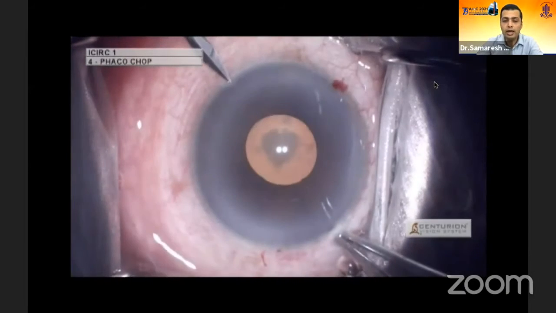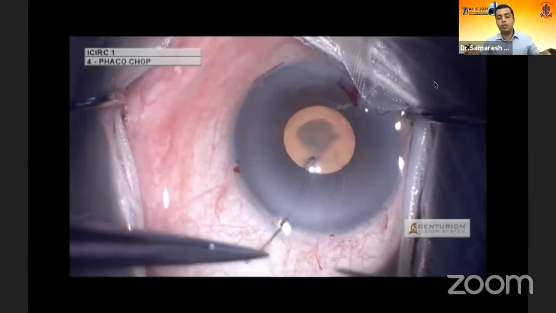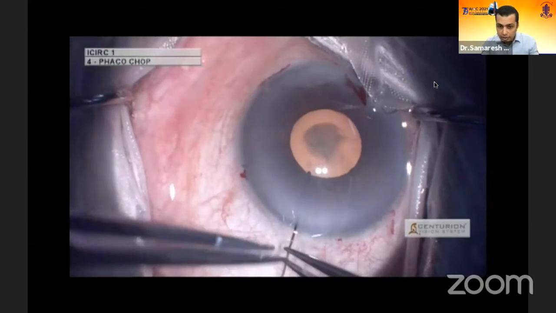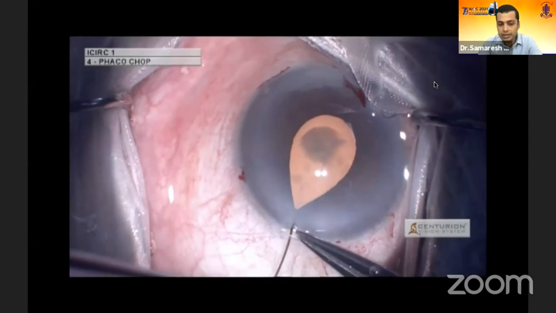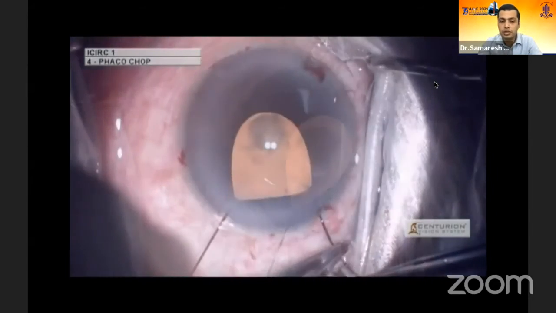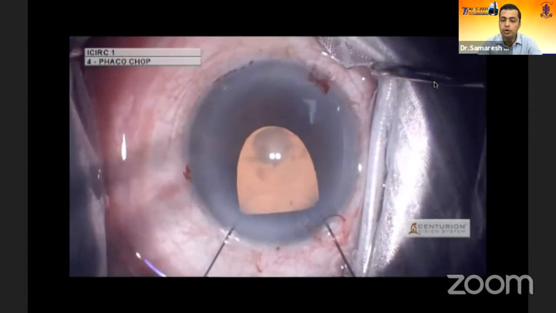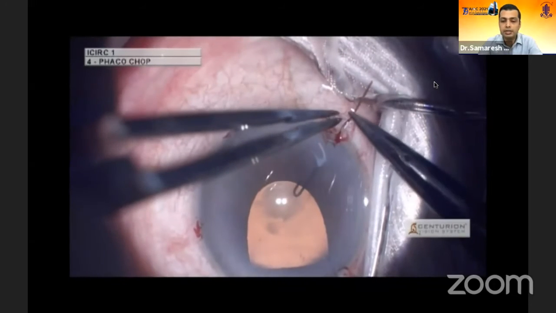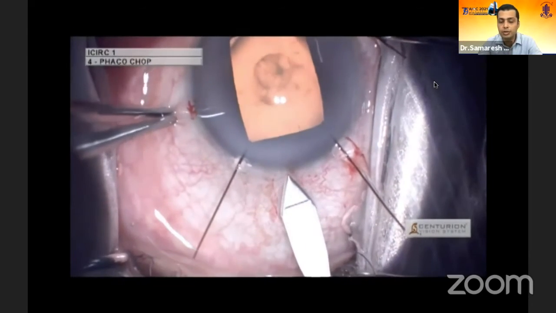Now, since this is a small eye, I decided to employ small pupil management. I decided to put hooks to open up the pupil, because in a small eye, the moment you start doing phaco, the fluid will find its way behind the iris and it will pull the iris up and cause tenting up of the iris, which is going to start plugging your incisions. So I tend to put hooks to tighten up this iris like a trampoline, and then I go ahead and do my surgery. My preferred technique for pupil dilatation in such eyes is Greisch-Schaeber's hooks.